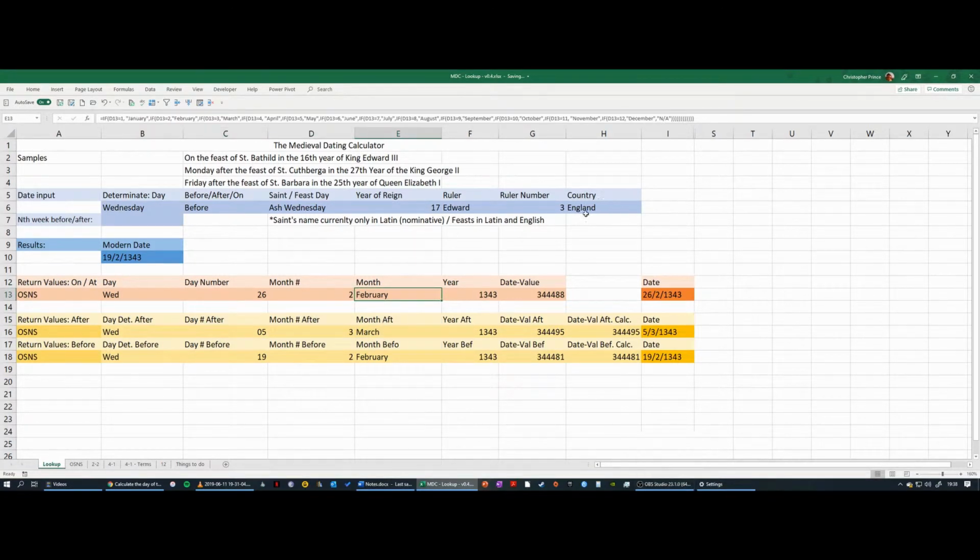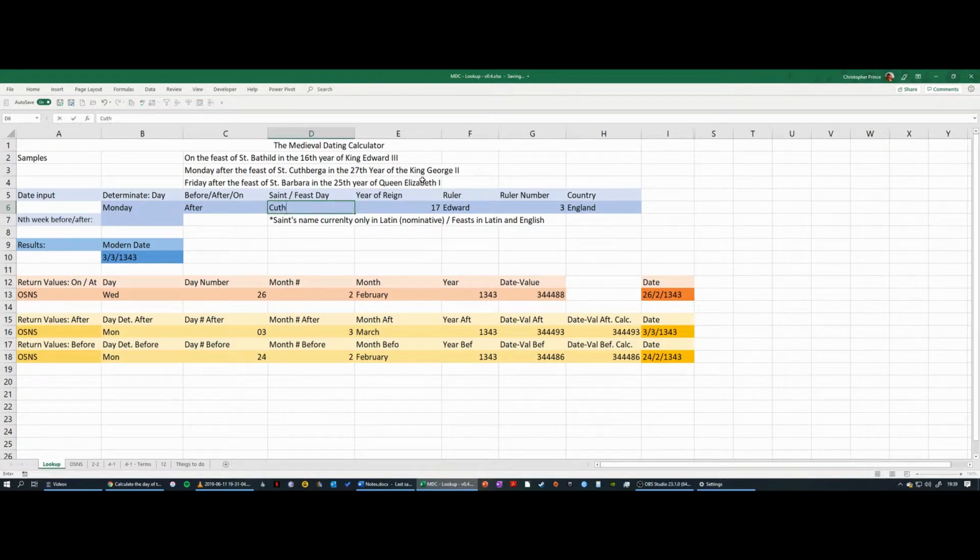So yeah, that is another demonstration of it functioning with movable feast days. Now, so far we've been working with Julian calendars, and just to give a demonstration that this functions with Gregorian calendars as well, I've got another example up there, which will be a date after the conversion in England to the Gregorian calendar. So let's just switch to this, the Monday after